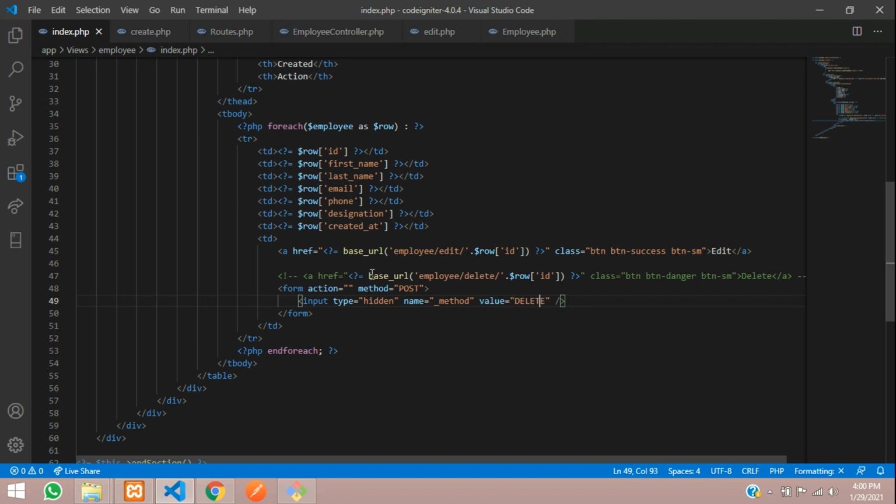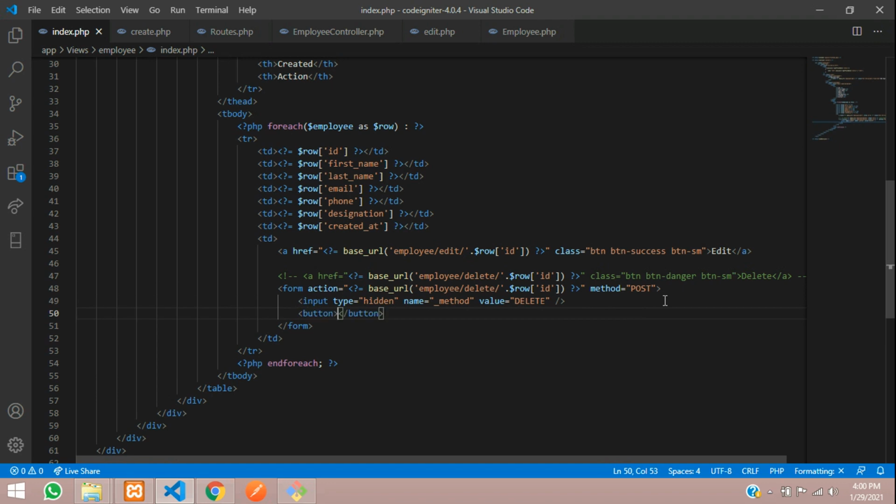And now the same URL, the same base URL, you are going to copy and paste into your form action. Done. And then one submit button. Let's create a button called delete, and the same class you are going to copy and paste inside this delete button. Before that class you need to assign submit. Let's give submit and save. It is commented out where you can find it. Let's save this, and now let us test it.